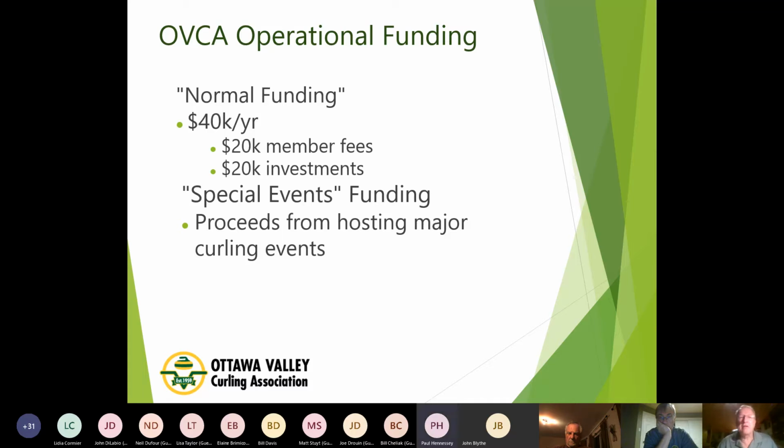I didn't mention it in the slide, but we also have a source of funding through sponsorship. So in a normal year, that 5-year sponsorship that Joe mentioned from Goldline generates another 5K per year in normal funding. In addition to that, special events funding: proceeds from hosting major curling events. So we hosted a Briar and we hosted the Roar of the Rings a few years ago. Both of those